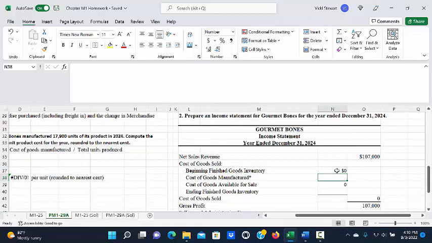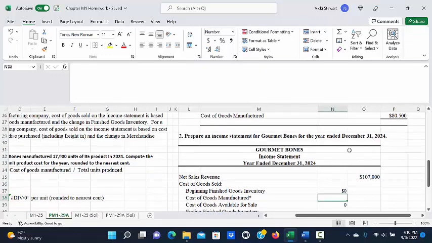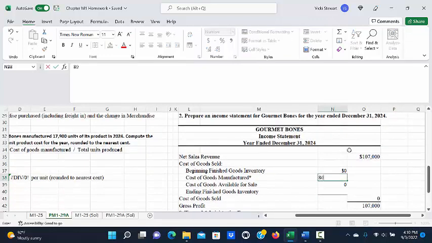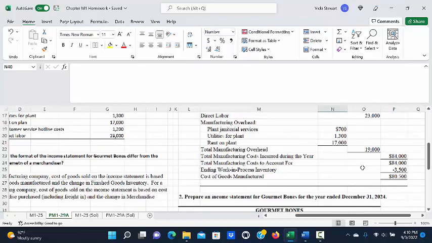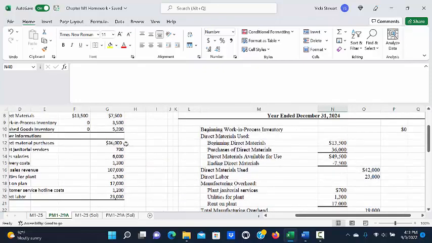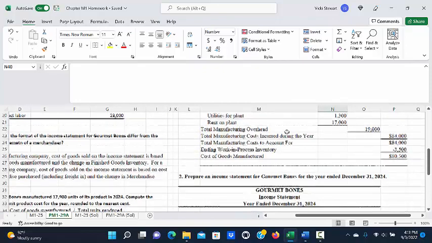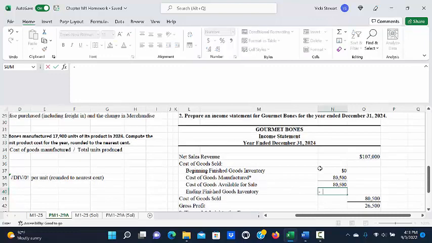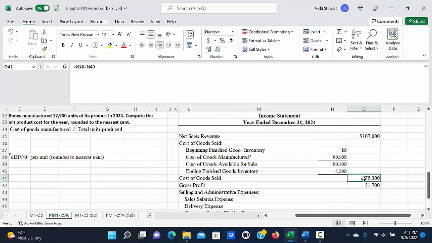Then we add to that cost of goods manufactured, which we calculated previously as $80,500. And then that gives us cost of goods available for sale, and then we subtract from that our ending finished goods inventory, which was $5,200. And that gives us cost of goods sold of $75,300, which when subtracted from net sales revenue gives us gross profit of